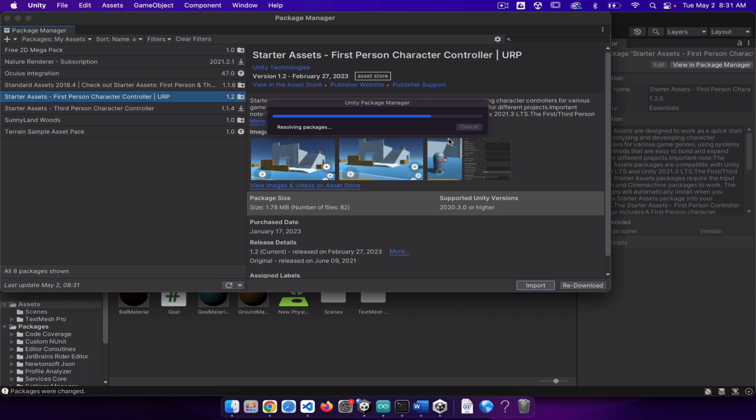Also, sometimes you'll see one that talks about the input system. You definitely want to let it go to the new input system for this if it does bring that up. That'll involve restarting Unity and bringing it back in, and you may have to go through this import process again because it wants to set up those inputs before it imports the assets of the first person character controller. So once these scripts are done compiling,